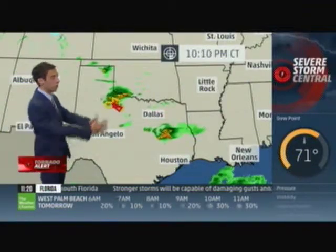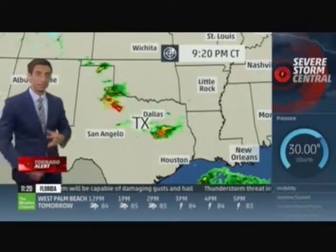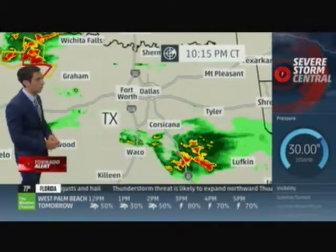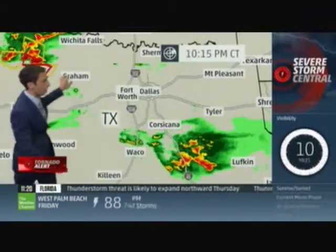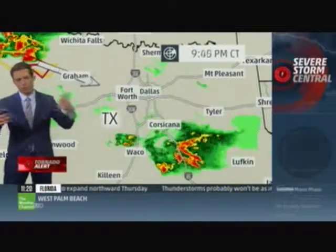There aren't a ton of storms out there, but there is this one cluster that we continue to watch across North Texas. It's been the strongest one all evening long, and we'll continue to watch that. And here it is relative to Dallas. It's hard to tell on this current trajectory if it'll come in just south of Dallas itself, but remember that Dallas,